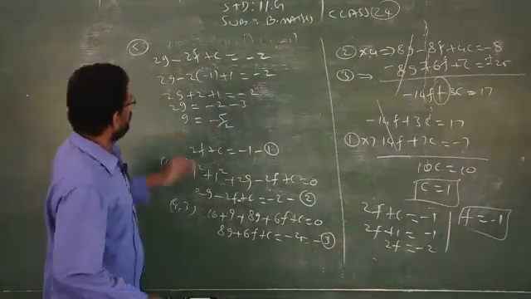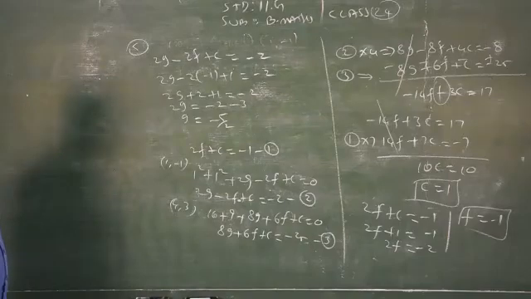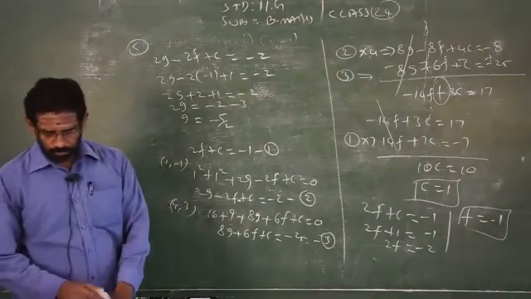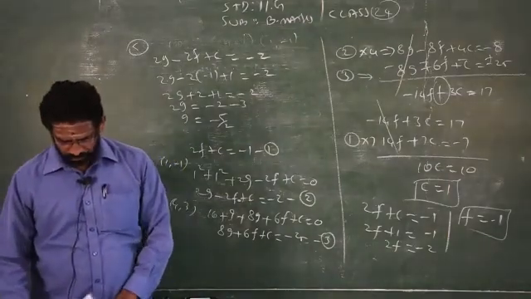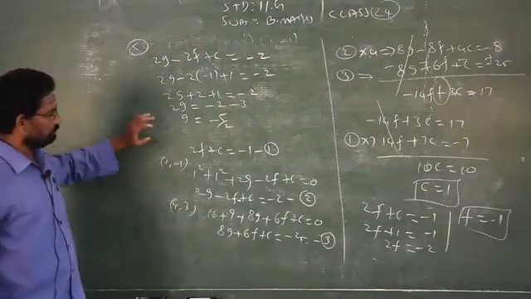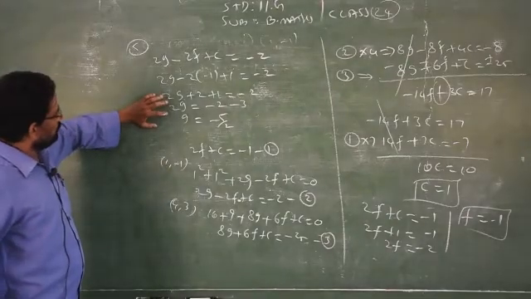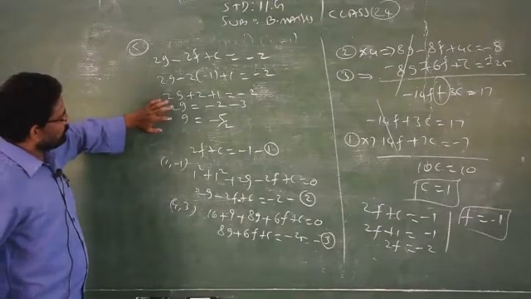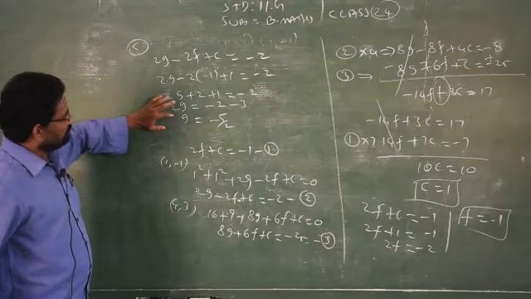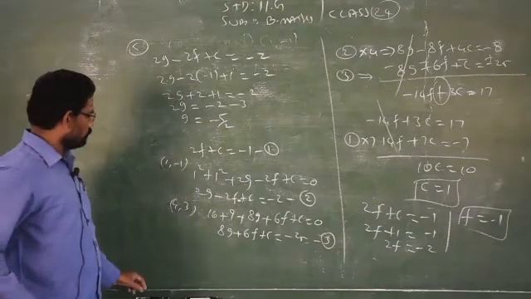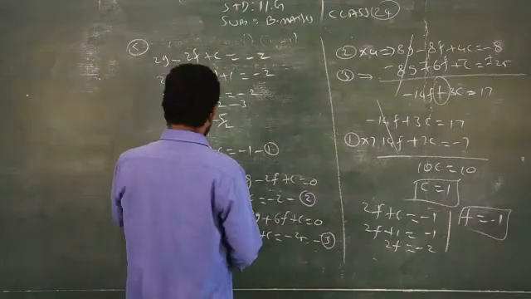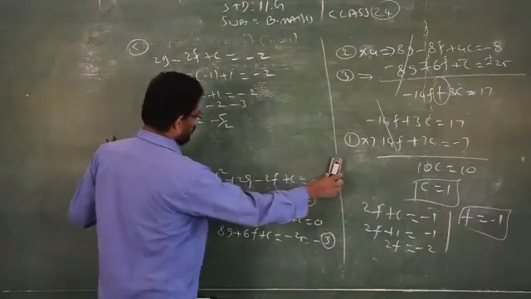You have to check again where the mistakes are. Clear? So if you check, you will get the correct answer. Everything is correct. So our answer, everything is correct. So just replace g, f and c. Once you substitute in the general equation, you come to know whether our answer is correct or wrong.